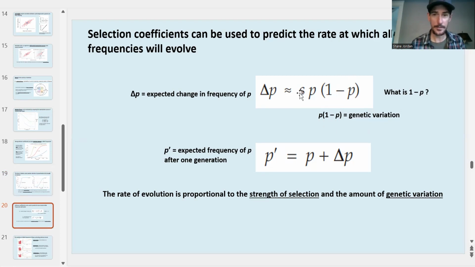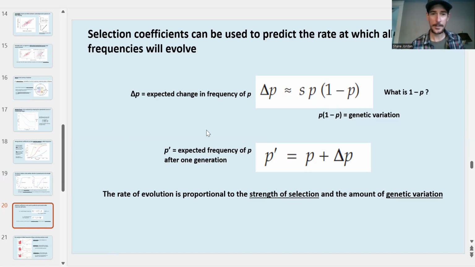And of course, S represents the strength of selection. So the product of the strength of selection and the amount of genetic variation is directly correlated to the expected change in the frequency of a given allele, which is known as delta P. Larger amounts of genetic variation and higher selection coefficients lead to higher expected changes in allele frequencies, and vice